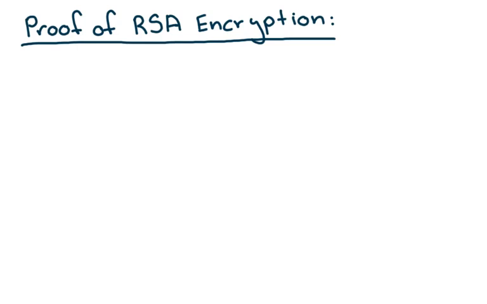Okay, so the proof of correctness of RSA encryption is one of my very favorite things to talk about. I had been searching for an easy way to prove RSA for about 2 years when I finally came up with a way a couple of months ago. This proof is pretty similar to what you'll find on Wikipedia, but I think that this is probably much easier